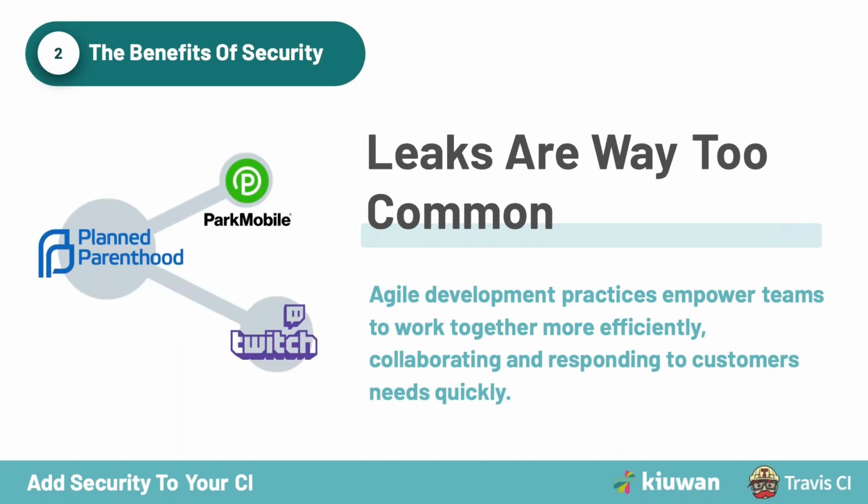And then finally, we kind of alluded to it previously, but security and data privacy are just so critical. They are definitely a big part of the customer experience, but they're so significant that they stand alone from that as well. With the constant foray of data leaks over the past 12 months, including Park Mobile, which impacted 21 million users, Twitch, which impacted 5 billion users, and Planned Parenthood, which impacted 400,000 users, it's not surprising that an array of application users of all types are heavily concerned about the impacts of having their data exposed in an attack. And if we look at these three companies as examples, they all have sensitive data in different ways.